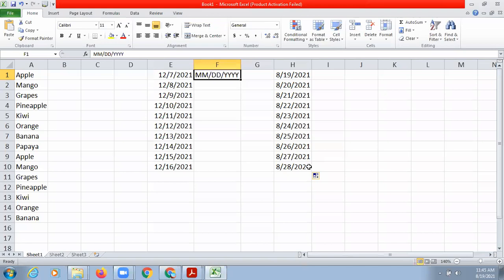And the same thing you can also do in your mobile phone also. Everything whatever I have shown you in computer, same thing you can just simply click on the list, like you can just simply type the first number and then you can drag it to make it a customized list, or you can simply drag it to make it an autofill so that it can work like an autofill feature.